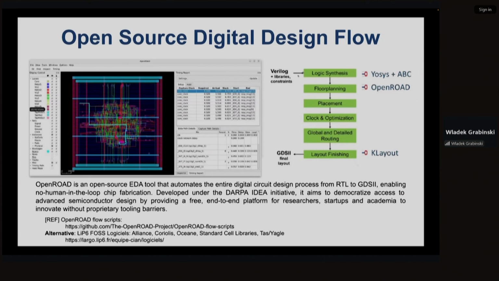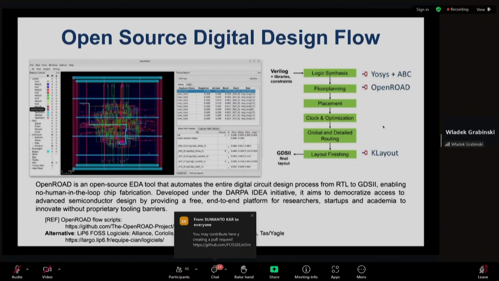This flow is fully automated with different tools and basically does not need human interaction at each step. There are plenty of tools like Yosys, ABC, OpenROAD. For digital synthesis, we recommend KLayout for layout verification. Just follow the link below.